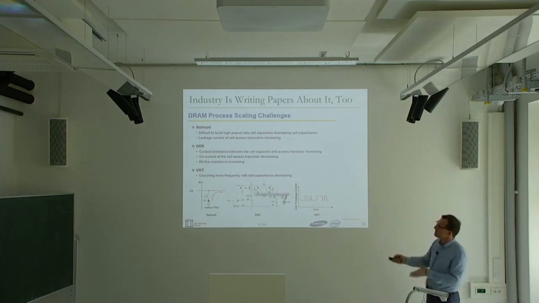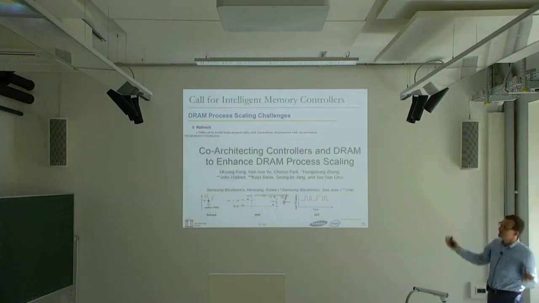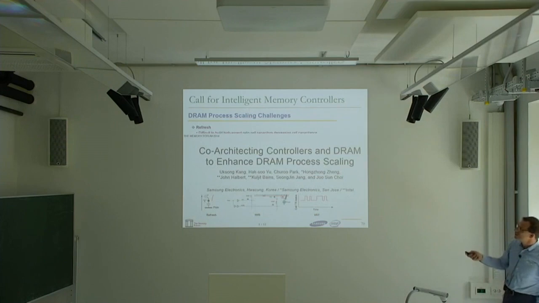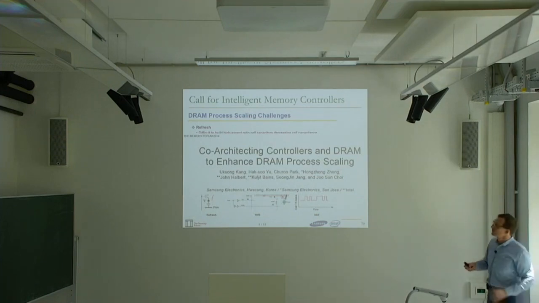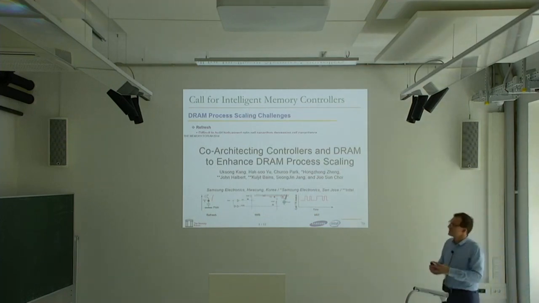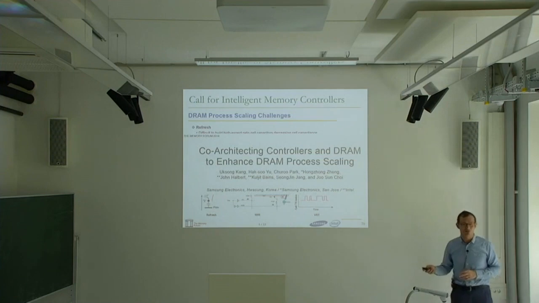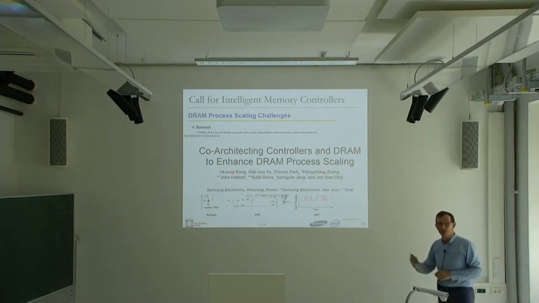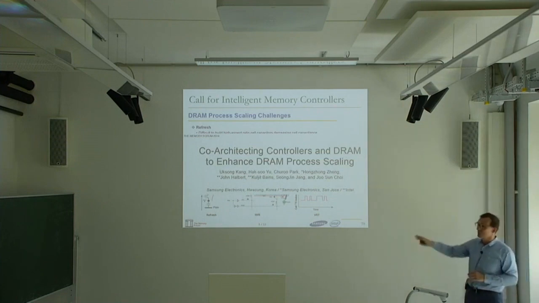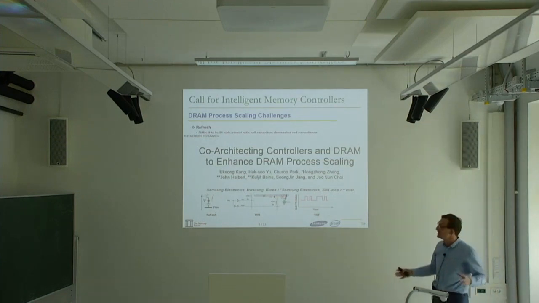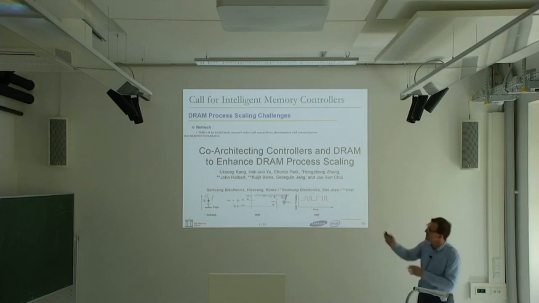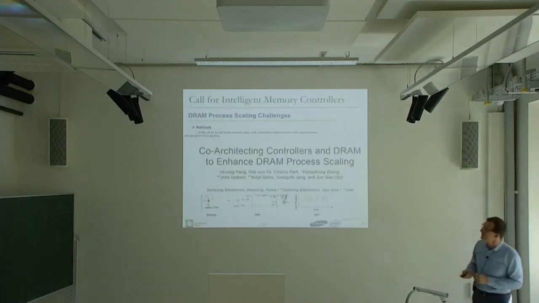Another solution, I mean, they mentioned a bunch of solutions, but the general overview of the solution is it's very difficult to continue scaling just by reducing the size of the DRAM cell. We want to make the controllers more intelligent also. That's what they mean by co-architecting controllers and DRAM together. If you have an intelligent controller, it can do this subarray level parallelism much better. As a result, it can tolerate some of these issues better. Refresh is another example that we will talk about.